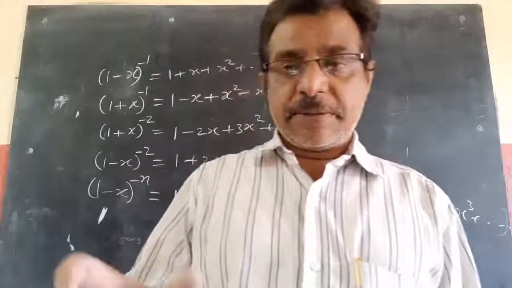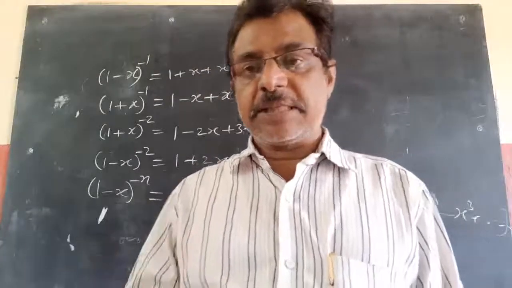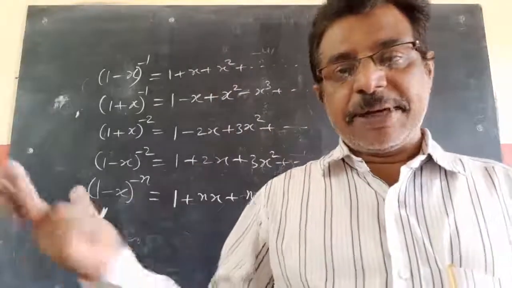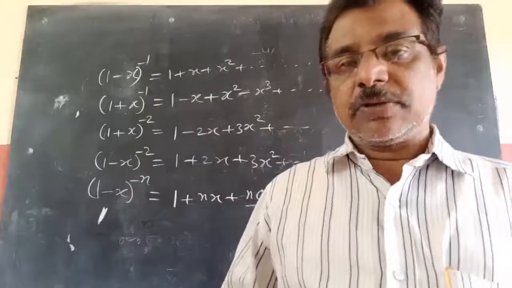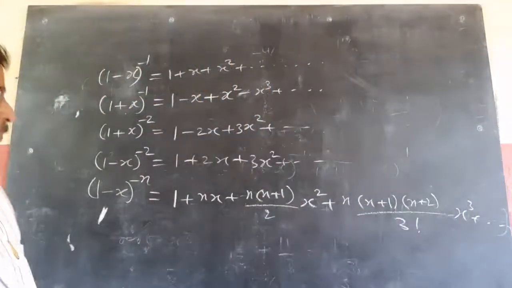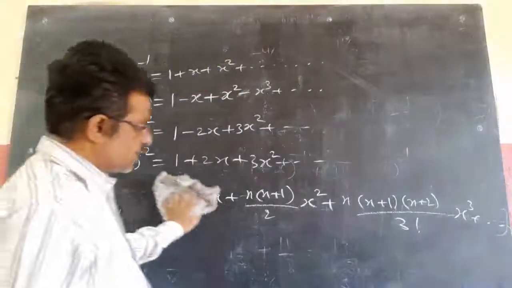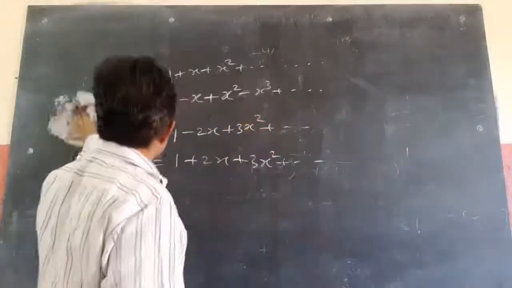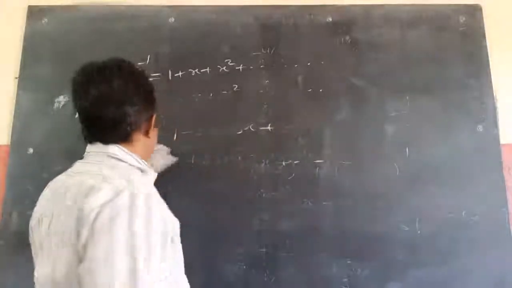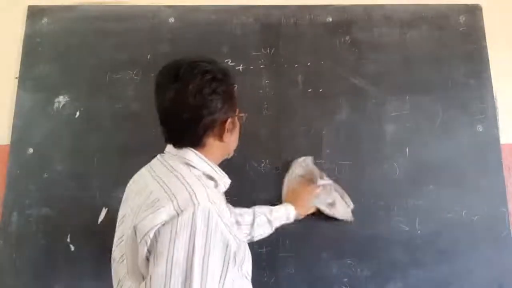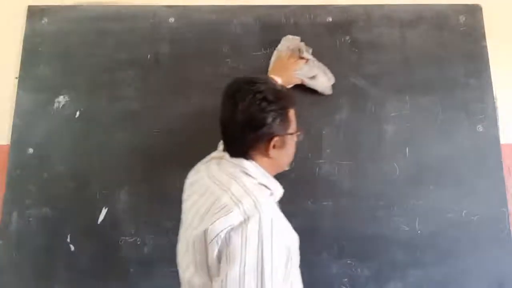If the given expression has linear factors, non-repeated, you can write a by something plus b by something. If linear repeated, a by so and so plus b by its square, c by its cube and so on till the nth power. So first of all you need to resolve into partial fractions, then use this formula. Now we will go through 2-3 examples of this kind, then we will go for the objective.